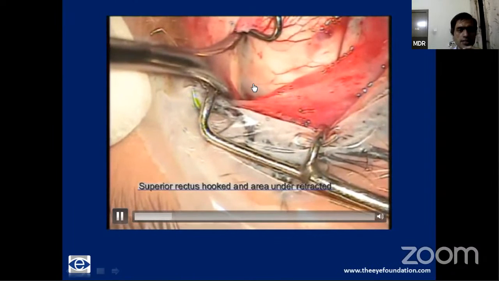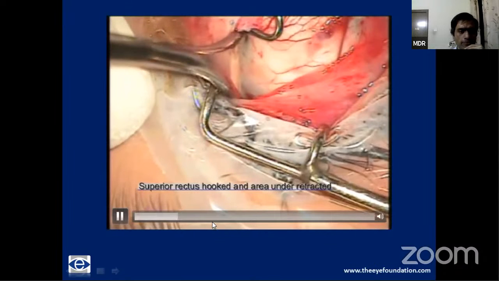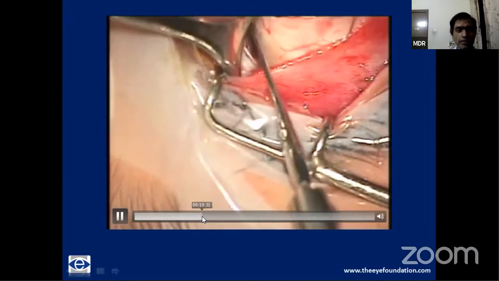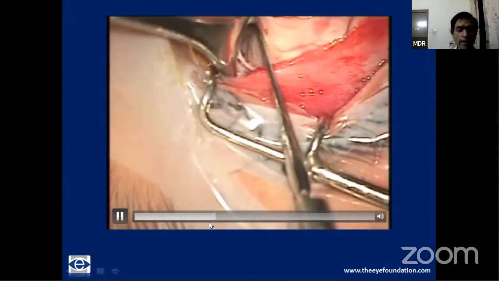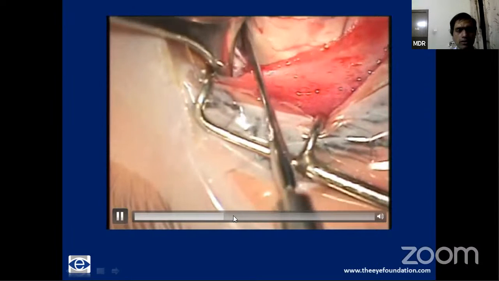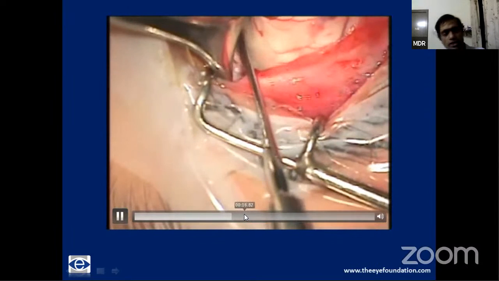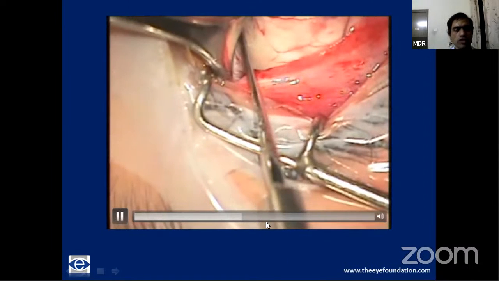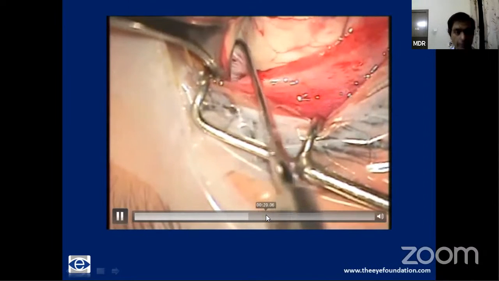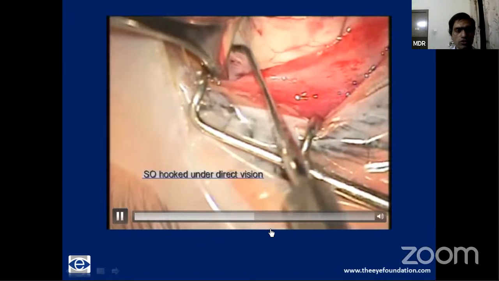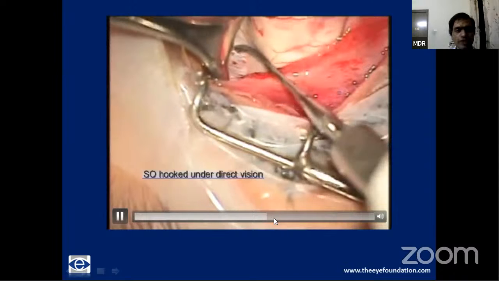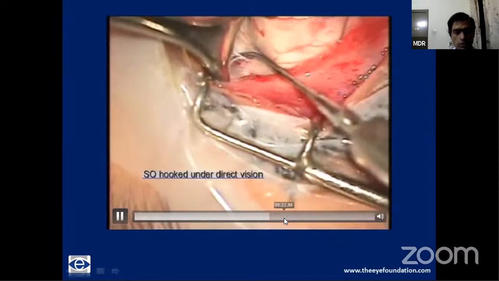And superior rectus is hooked. And the area underneath is retracted. Superior oblique is directly beneath it. And you identify the silvery fibers of the superior oblique. And make sure you hook the posterior most superior oblique. If you have not hooked the posterior most, your surgery may just go ineffective. So superior oblique has to be hooked under direct vision, no fishing around here. So once you do that,